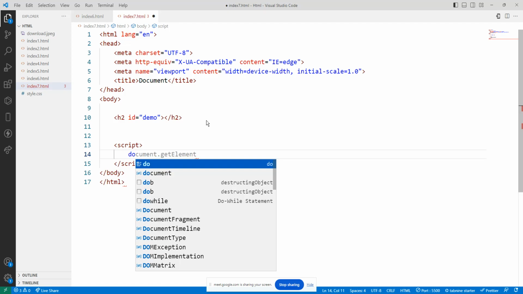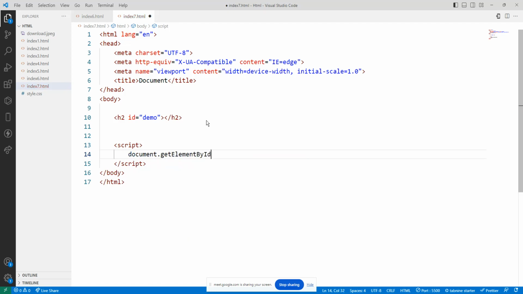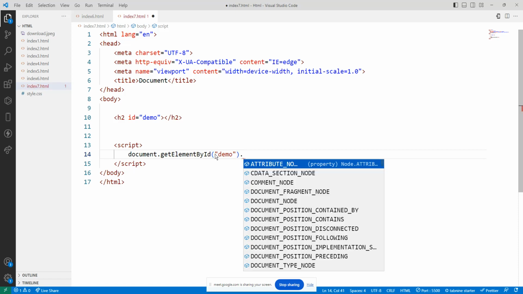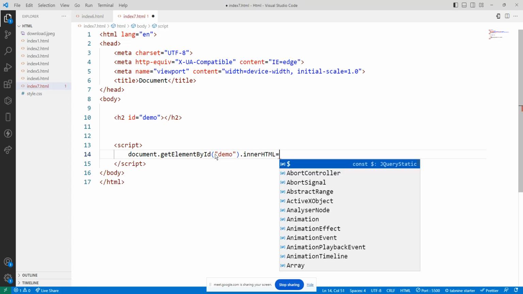So document dot getElementById, sorry, demo dot innerHTML equals to